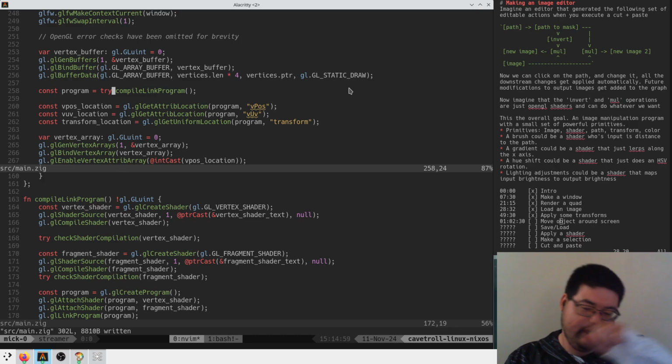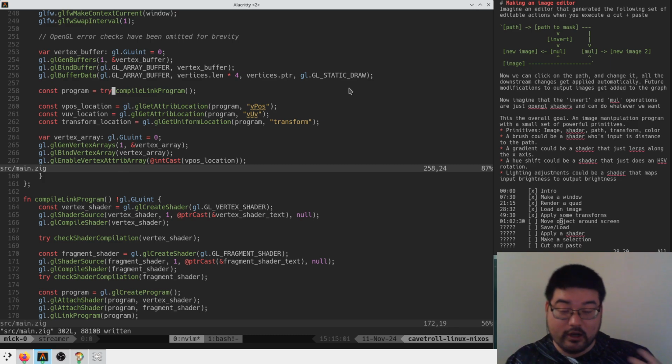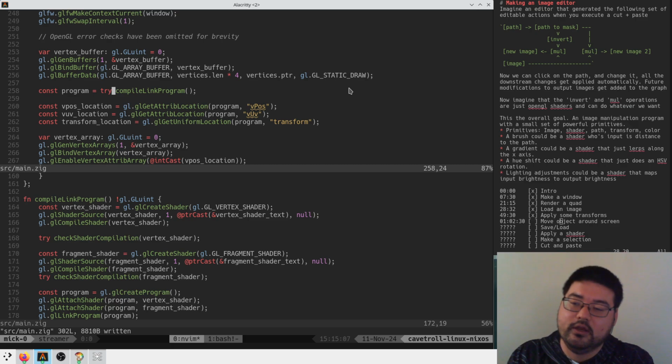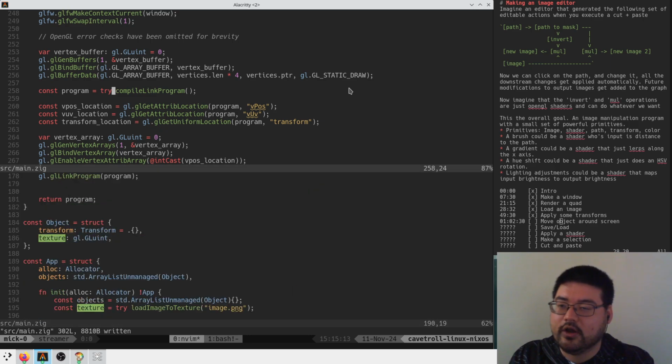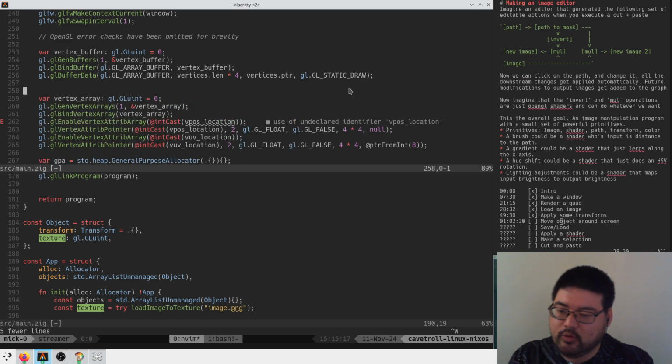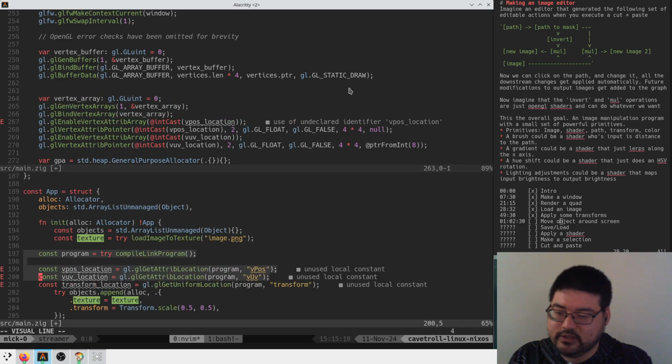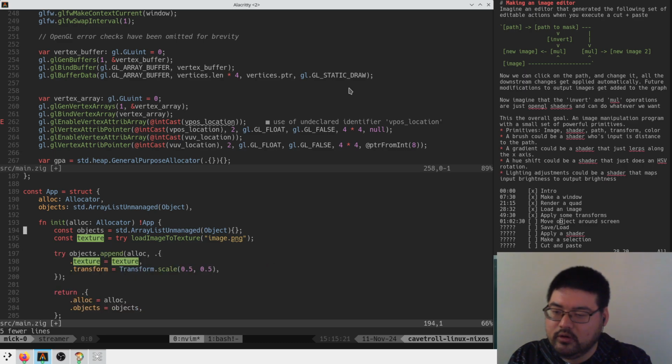You could draw a path that is a square. Your tooling for interacting with paths could have a way for you to generate a perfect rectangle. But I think we could probably implement it under the hood as one simple thing, or the same thing. So okay, this program, then we can create the program in app initialization, maybe